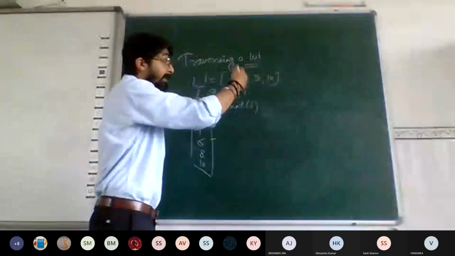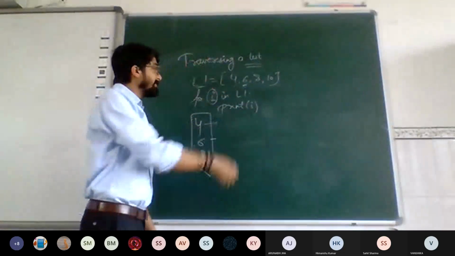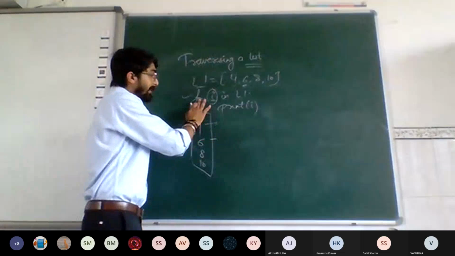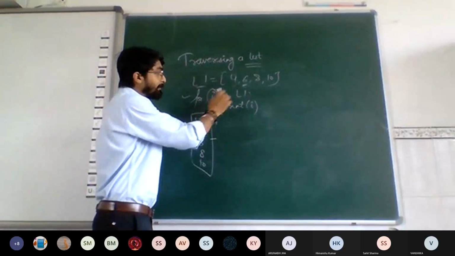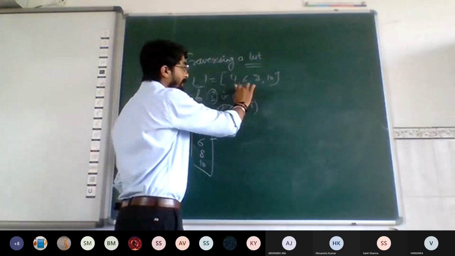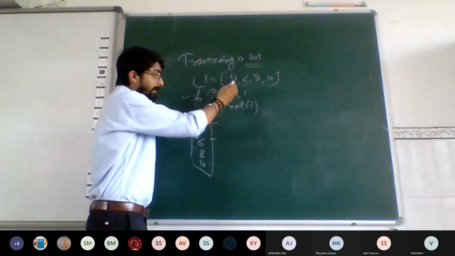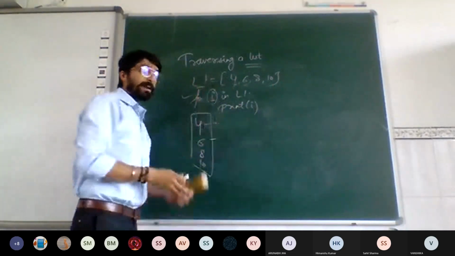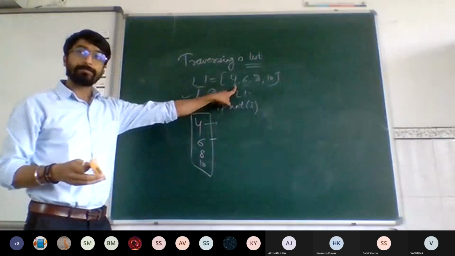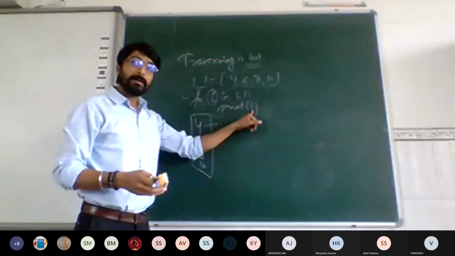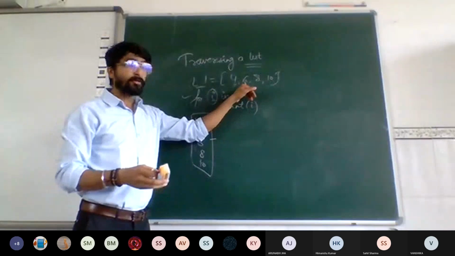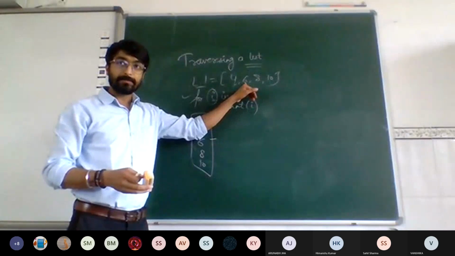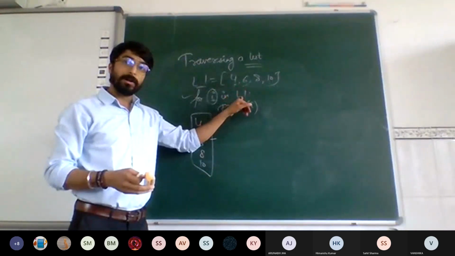But to access the elements of a list one by one, we have to do it manually. What I have written is for I in L1. This I is an iterator pointing to the values one by one in the list L1. Right now, for the first iteration, the value of I is 4. Then I gets incremented and the value of I is now 6. It is in a loop.